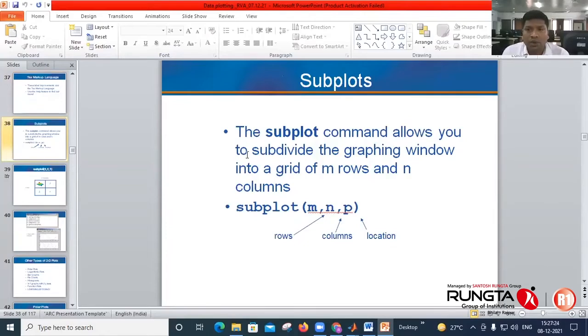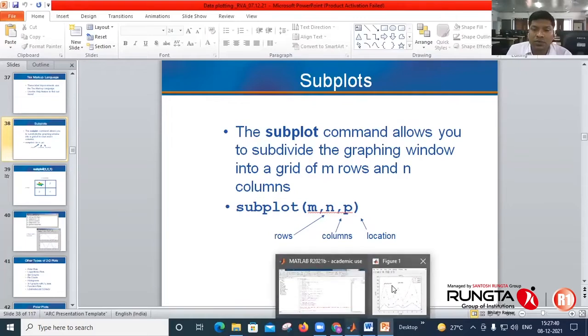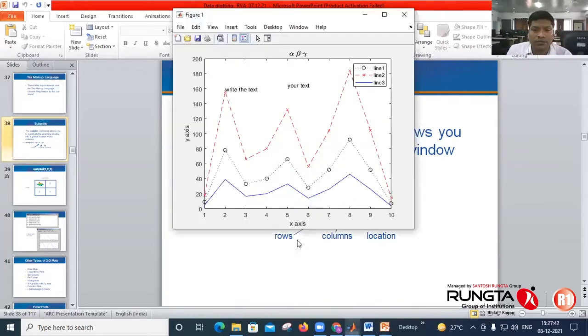important one is subplots. The subplot command allows you to subdivide the graphic window into a grid of m rows and n columns. Up to this point we have seen a single window with a single figure.